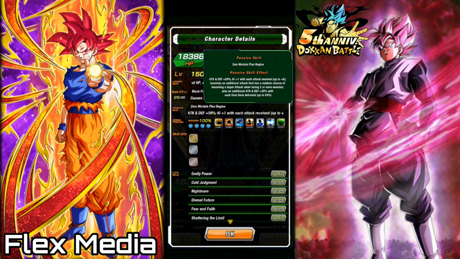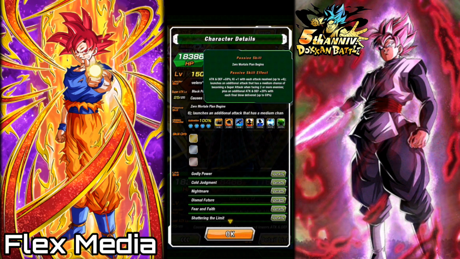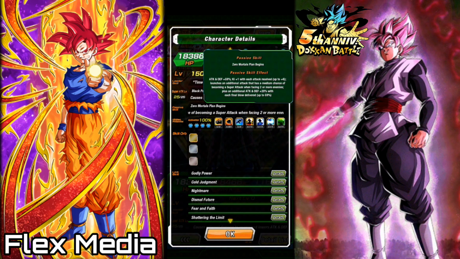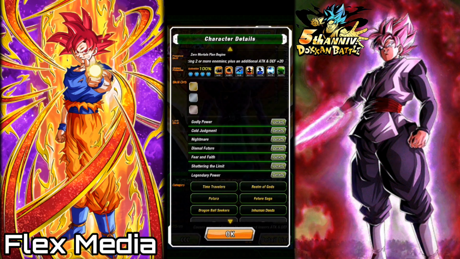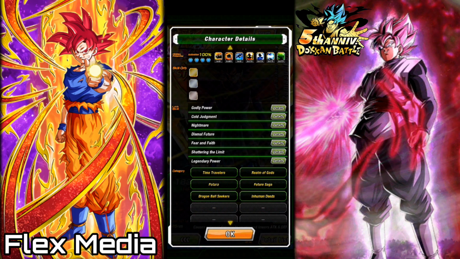So this means he's going to be good in the Legendary Goku event, he's going to be good in the Infinite Dragon Ball History event, and he's going to be good in Super Battle Road with that little chance to super attack. That's really good when facing 2 or more enemies. So I am going to go ahead and take him through the full gamut of stuff because he is that good. And then, of course, his links: Godly Power, Cold Judgment, Nightmare, Dismal Future, Fear and Faith, Shattering the Limit,